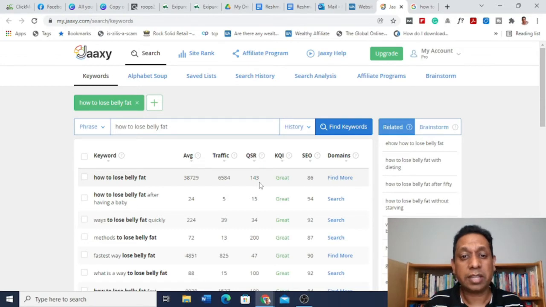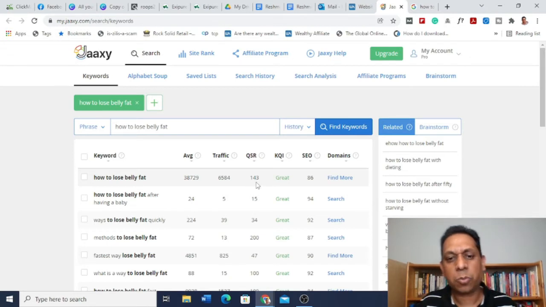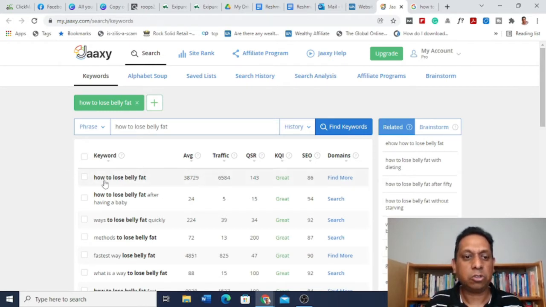Remember I told you that the competition should be at least under 50. And this is 143. Now even though the index shows it's great, I still would not go for it. And the reason why is there's a very high chance that a lot of authority sites are out there which are already ranking for this particular keyword, and they are already getting folks to their particular articles. Now you need to be a bit more specific,